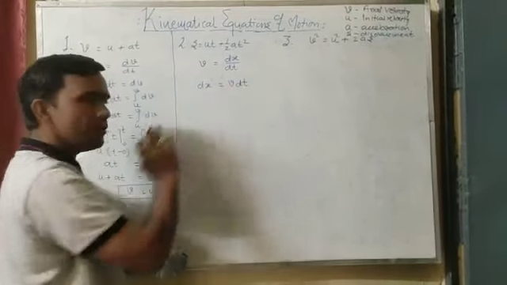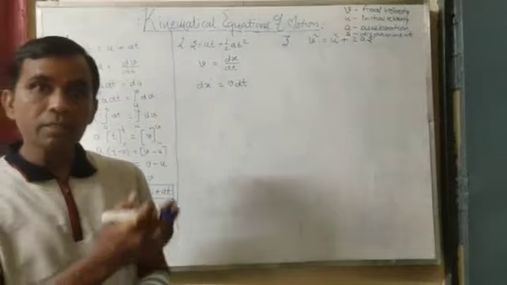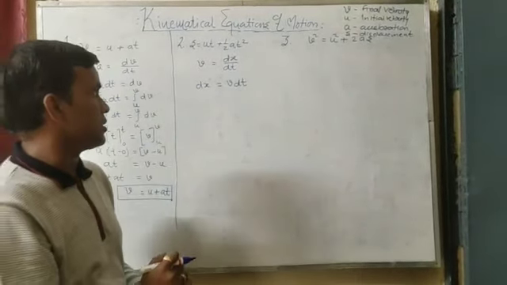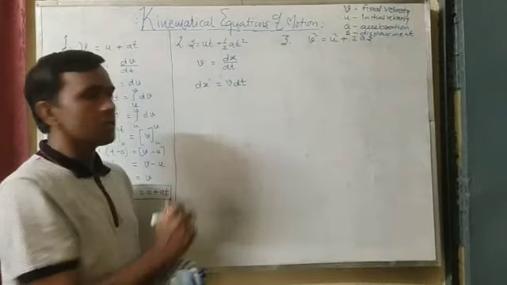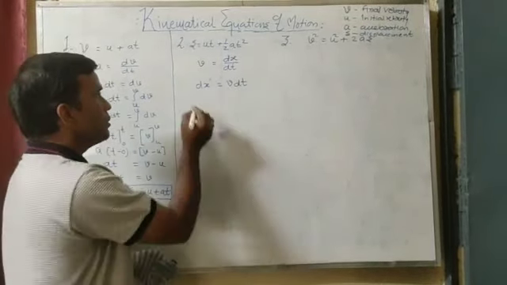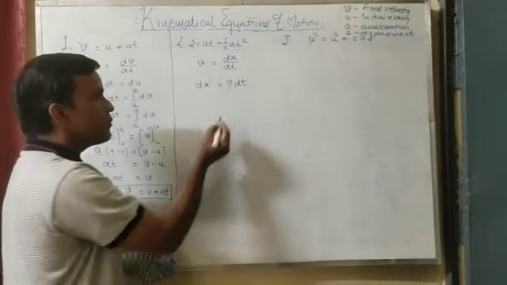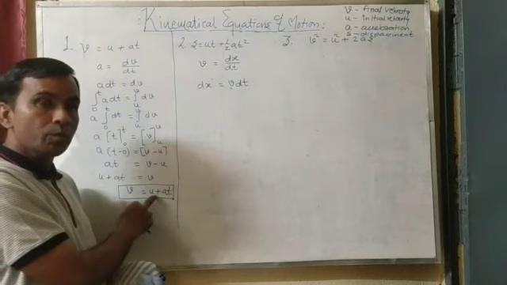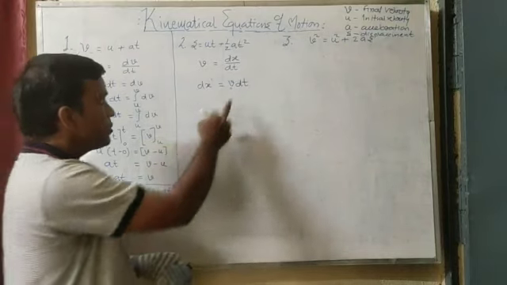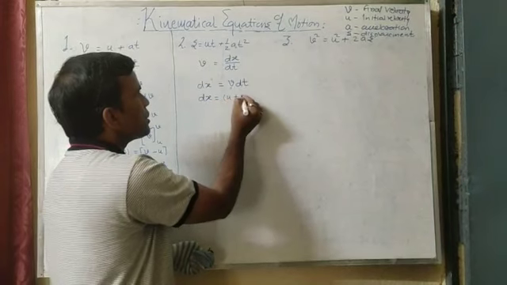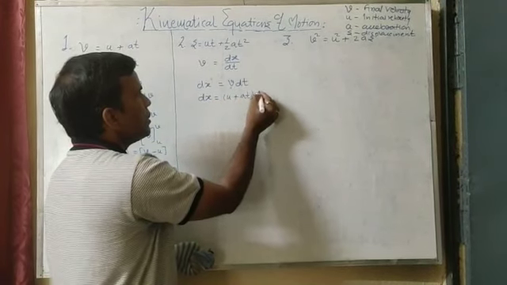In the same step, I made the cross multiplication and I rearranged the term from LHS to RHS, and here we'll get the equation dx is equal to v dt. Once again, what we'll do here, we'll put the value of v which we obtained from the first equation of the motion, v is equal to u plus at. Here it will become now dx is equal to u plus at times dt.